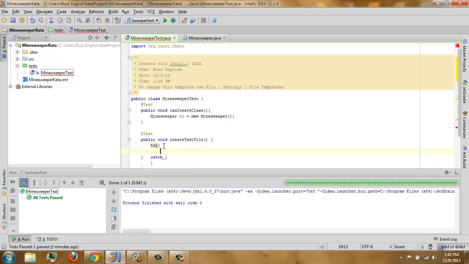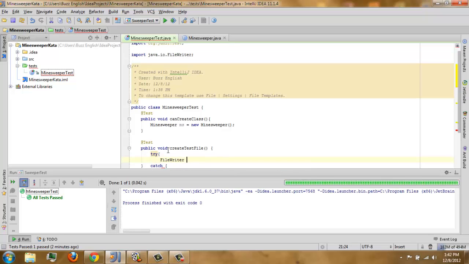So for our try, we need a FileWriter. You should name it testFile. And then new FileWriter, which will contain our file.